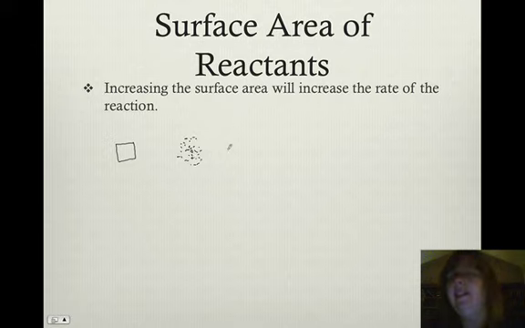Now, dissolving isn't a chemical reaction, that's a physical change, but when you have a larger surface area, the reactions will happen faster because you have more area for the reaction to occur. So if you increase the surface area, the rate of your reaction is going to go up. Whenever you see something like it was cut into smaller pieces, or it was powdered or whatever,